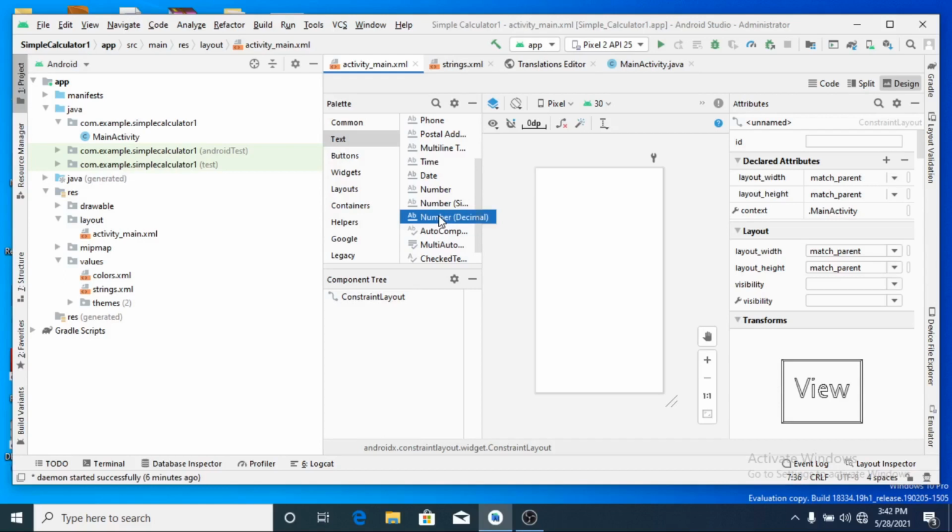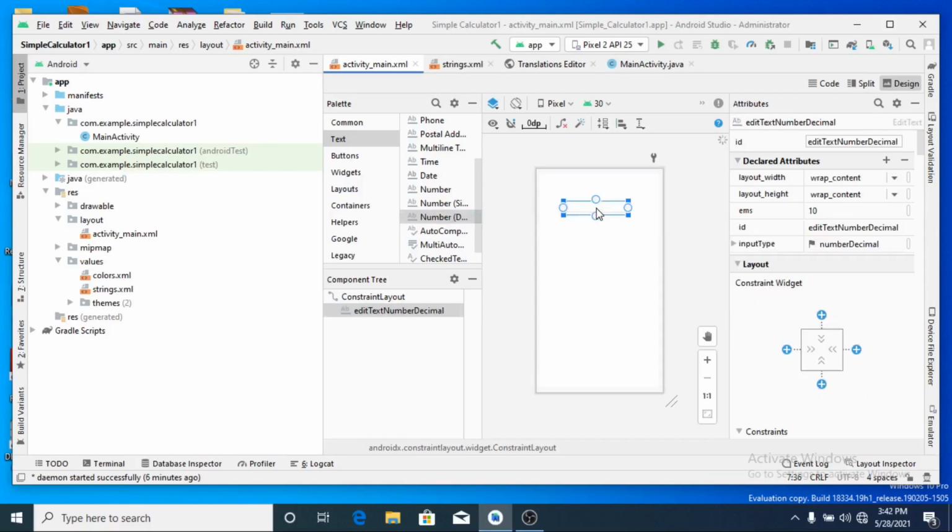Let me drop this down. Okay, you can see it is identified as edit text, number decimal. The meaning of this is it is edit text and it accepts floating point numbers. That decimal denotes that.